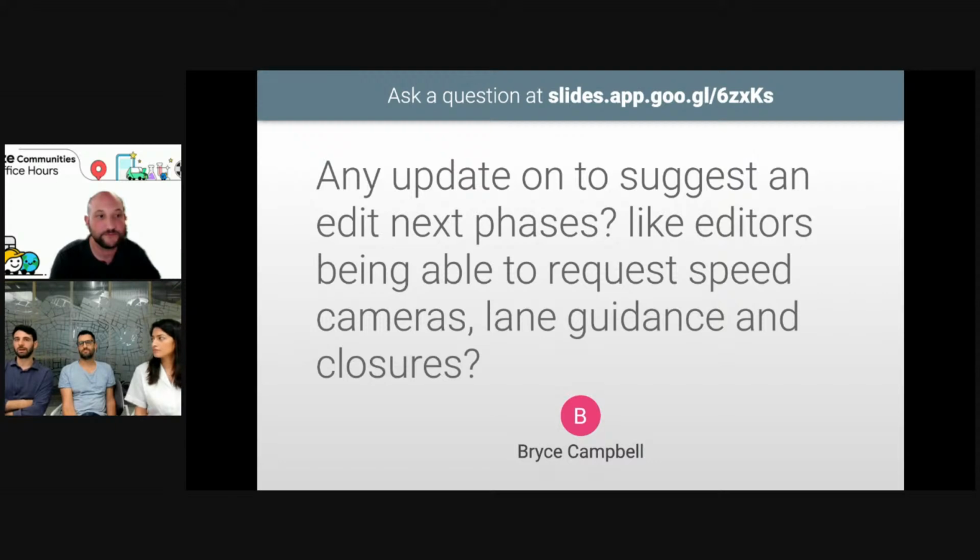Not sure about timeline. Things can change, but it's still a focus, and we'll see slowly more entities being supported by the feature. And since Bryce brought it up, I was thinking when both of you were presenting, actually, how well both the Academy courses and the educational landing pair with suggest and edit.